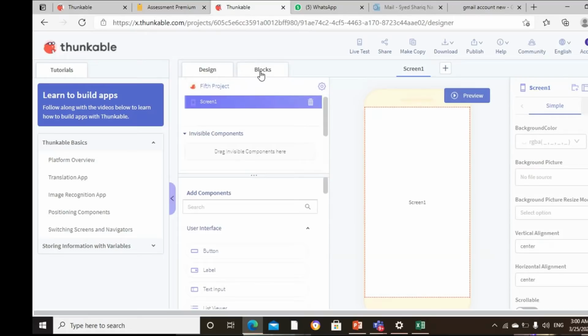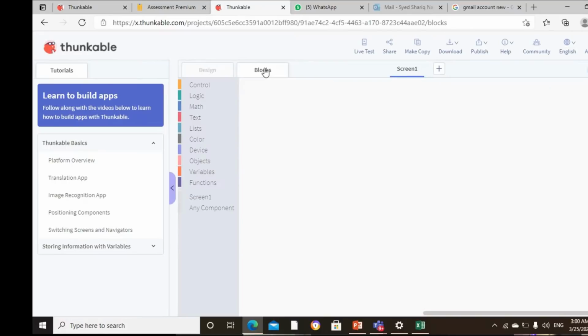Okay, here with design you can see one more tab, blocks. In the blocks tab you have all the programming, but it's built in. It's also ready. Just drag and drop, but you should know in which place you will drop which block. Like you have to use an if condition, you have to use for, you have to use whatever you want to use. Okay, so I will explain step by step.